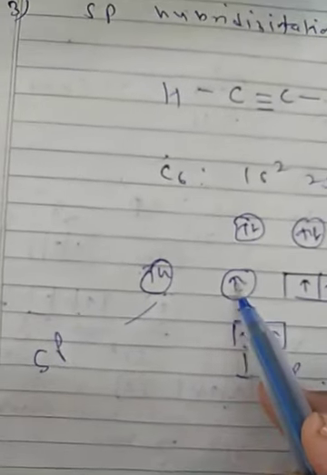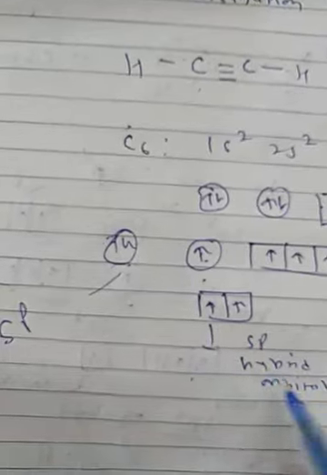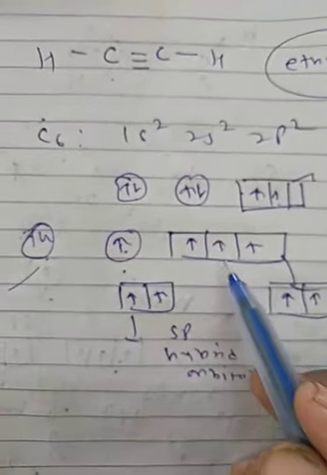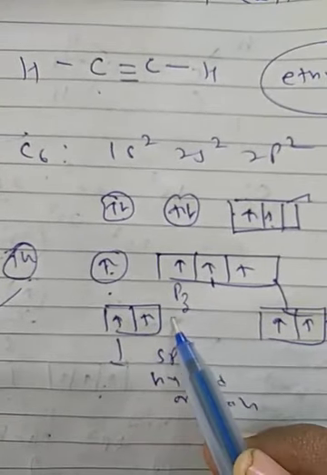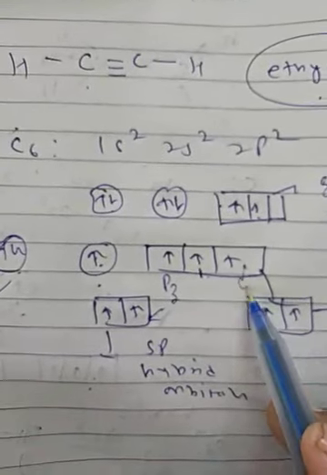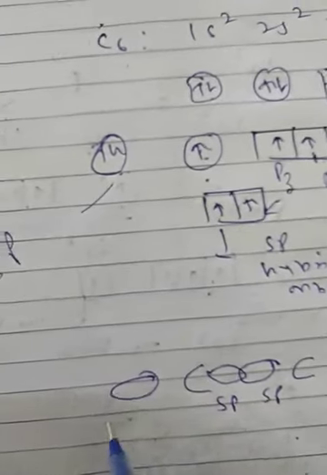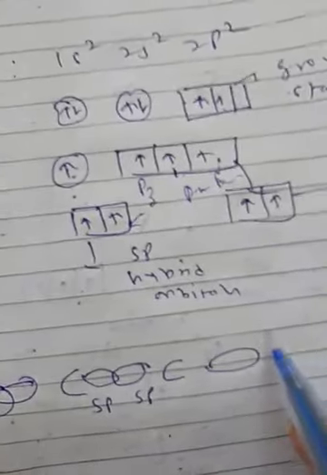to the next orbital. Now here the hybridization is sp, so participation of one s orbital and one p orbital results in sp hybrid orbitals. Only pz takes part, and the remaining two orbitals, px and py, remain unhybridized. So I will show you this carbon and this carbon, sp and sp overlapping, and the remaining sp of each carbon overlapping with H.